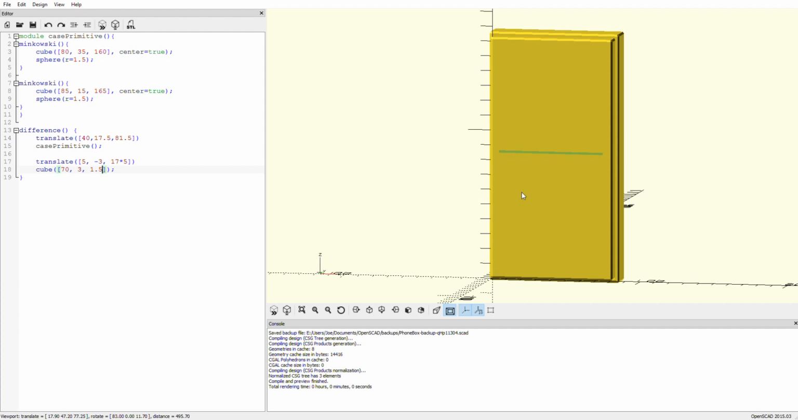And I would like to create some more of these. And I've got a couple of ways I can do it. I can write a for loop